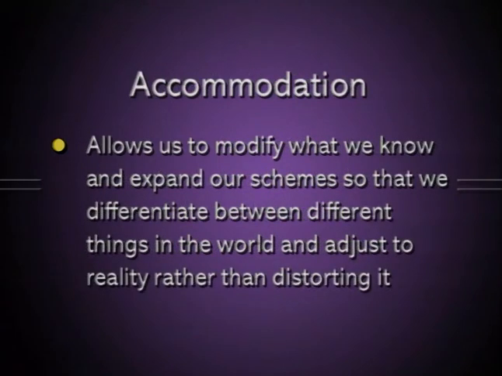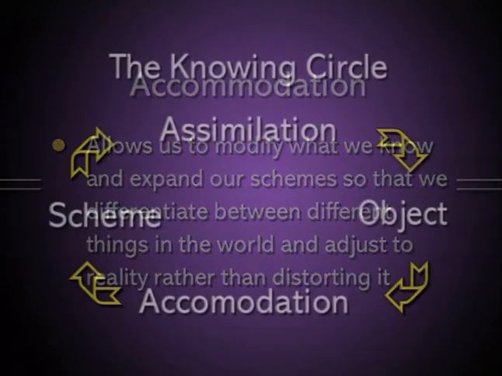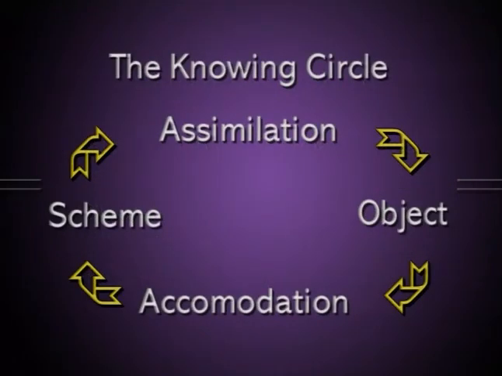Accommodation allows us to modify what we know and expand our schemes so that we differentiate between different things in the world and adjust to reality rather than distorting it. It's what some people call a knowing circle. Constantly, we have our schemes, we have objects or things from the world, and we're constantly in this cycle of assimilating the world to our schemes, and at the same time, adjusting or modifying our schemes because of information from